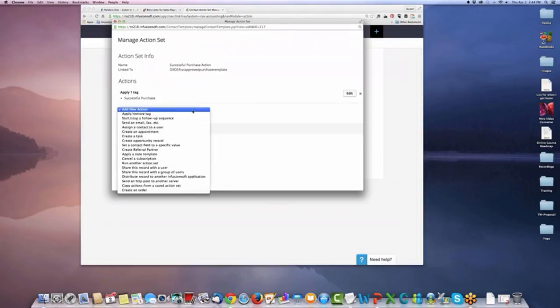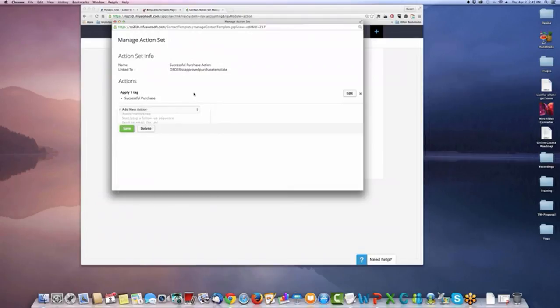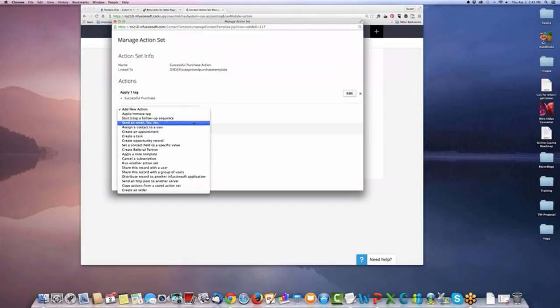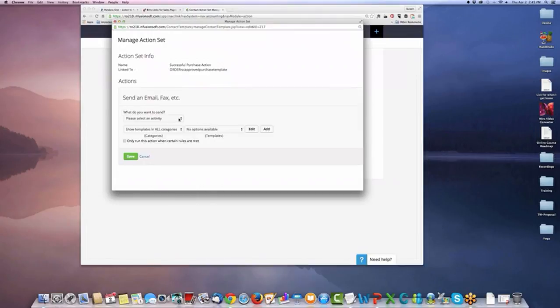But you can add additionals, like I can do a successful purchase. And again, I can do any of these things. I can add a reply, add or remove a tag, start or stop a follow-up sequence, send an email, all of these things that I can do. I can run another action set. I can even create an order from here. So with a successful purchase, okay, I can simply apply a tag, and I could also send out an email,